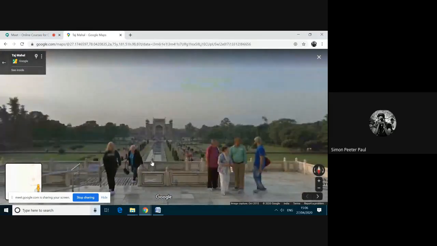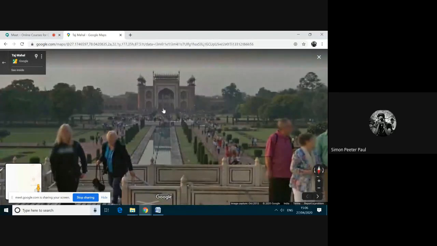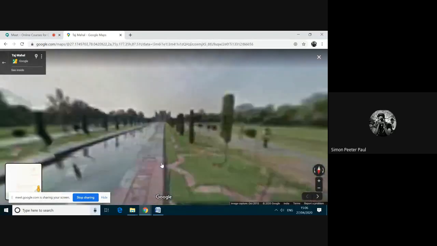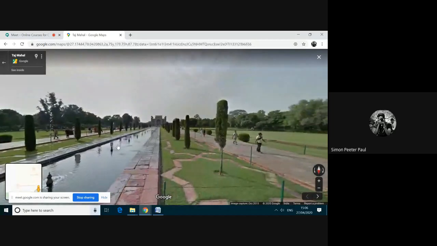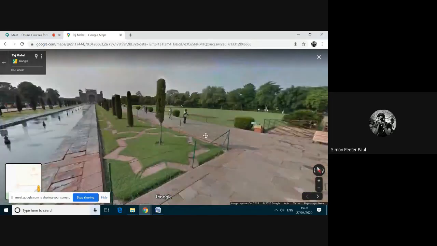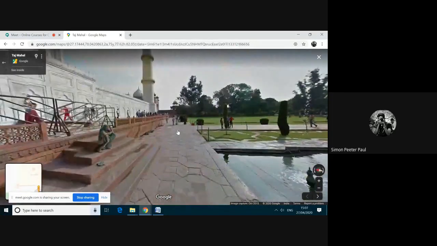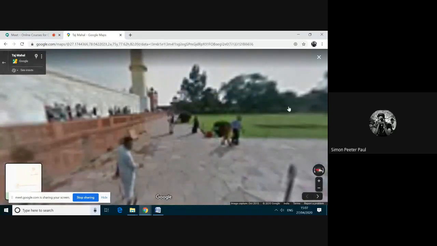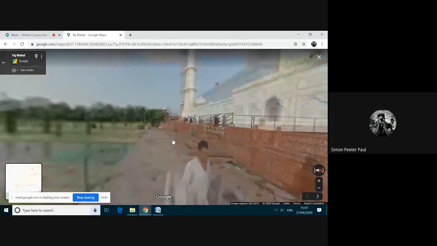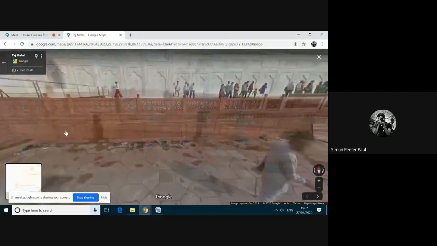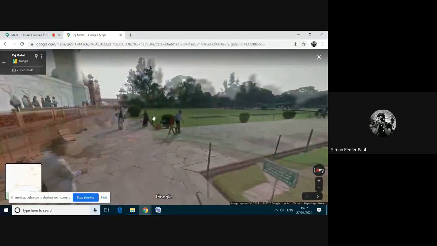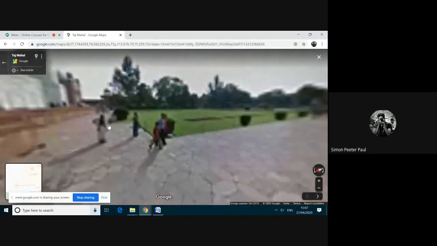See? If you want to go to that building, that also you can do. I'm moving. I'm going to walk on the water. If you want to visit the garden, there is one garden in front. I can go to this garden.